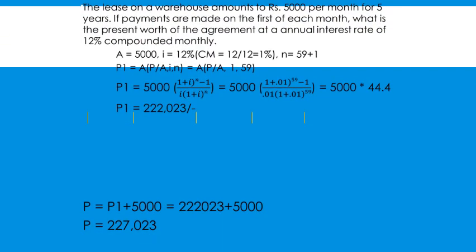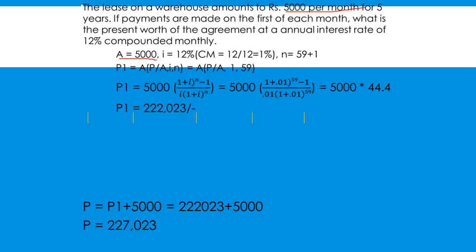The next problem is: the lease on a warehouse amounts to rupees 5,000 per month for 5 years. If payments are made on the first of each month, what is the present worth of the agreement at an annual interest rate of 12% compounded annually? This is a case of monthly compounding, with A equal to 5,000,